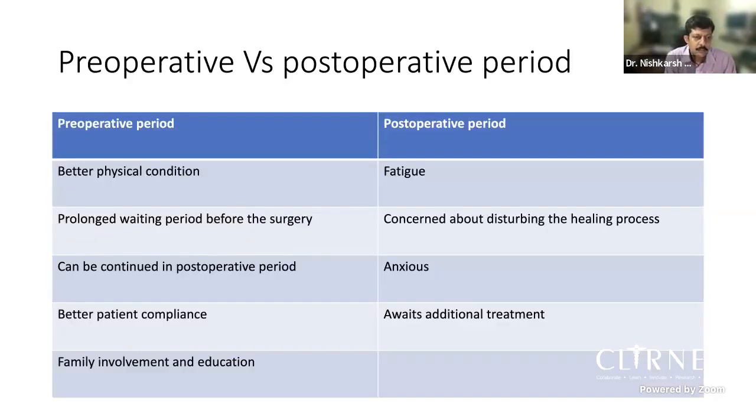So now broadly, if we talk about the preoperative period and prehabilitation, we know patients are in a better physical condition. There can be some waiting time before surgery, say between 2 to 4 weeks, which is a golden period for us to utilize. And whatever we teach in the pre-op has to be continued in the post-op. So the patient is in a better frame of mind, the compliance is likely to be better, and we can involve family and caregivers in it, so that whatever we suggest is taken care of by the patient and they do it more diligently.